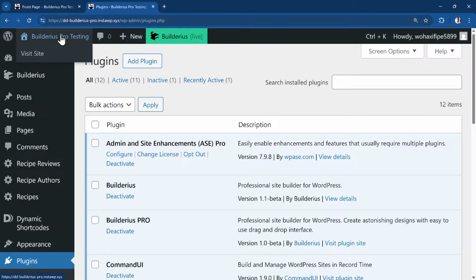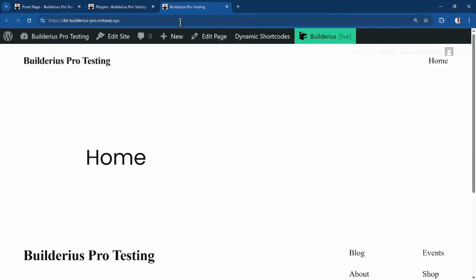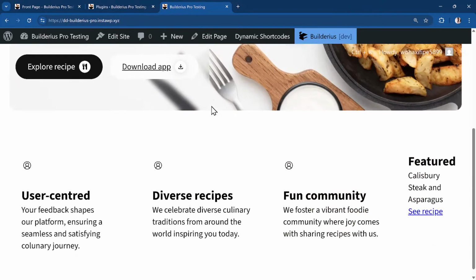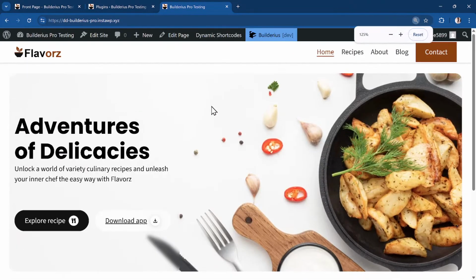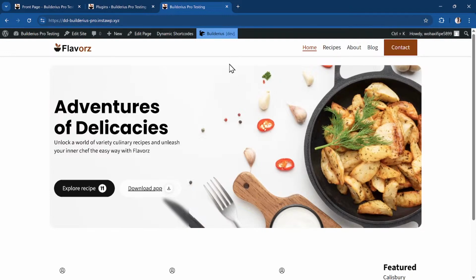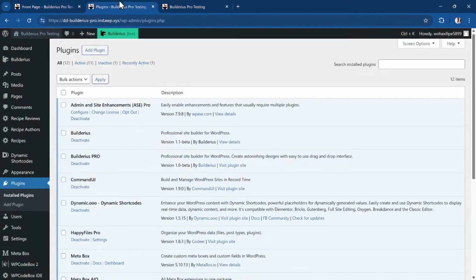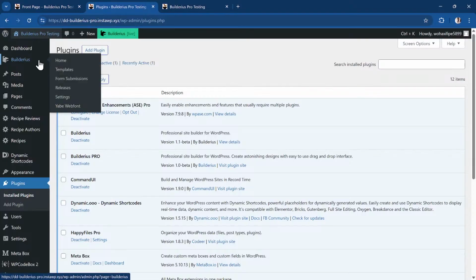Let me go to the front end. This is what everybody will be seeing when they log into my site. This is the default 2025 theme. But when I'm editing the website, if I go to the development version, this is what I will be seeing, while you all will be seeing the live version until I publish it as a release. To publish it as a release, you go over to Builderius,